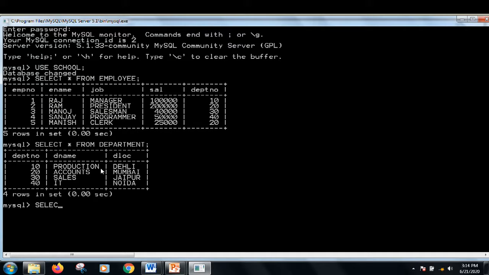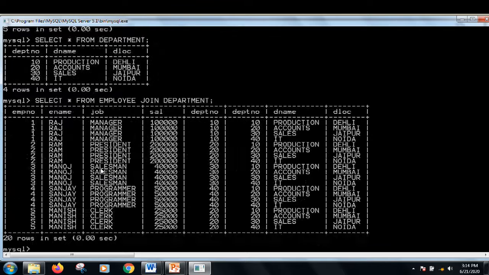Now the cross join is one more name that can be used for the Cartesian product. So simply I will write select star from employee join department. I can use the join word also in between. The syntax is that I have to put the join word in between the 2 table names, and then this will do their Cartesian product.